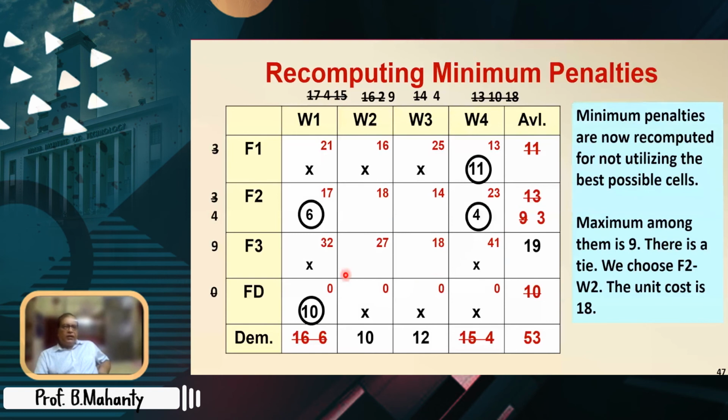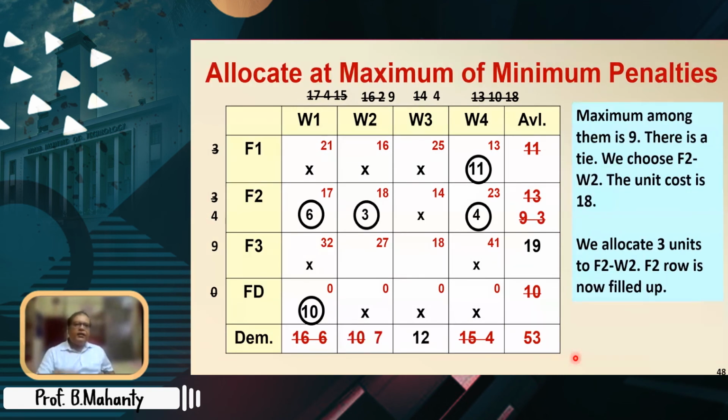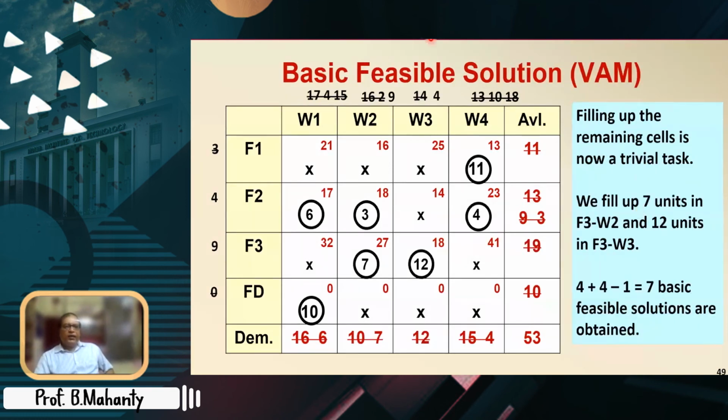Is it not? Now, had we chosen this F3W3, anyway, the same result would have been obtained because we would have entered a 12 here. After entering a 12, this would have been crossed out. So then we would have got a 7 here and a 3 here. So the same result would have been obtained whatever method we may follow, whether we choose the column or we choose the row. Right. So this 3 is entered, then there is nothing else to do,